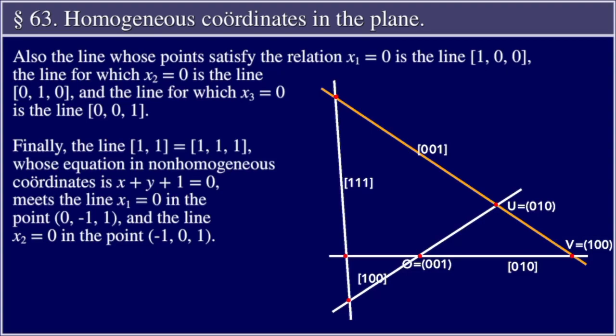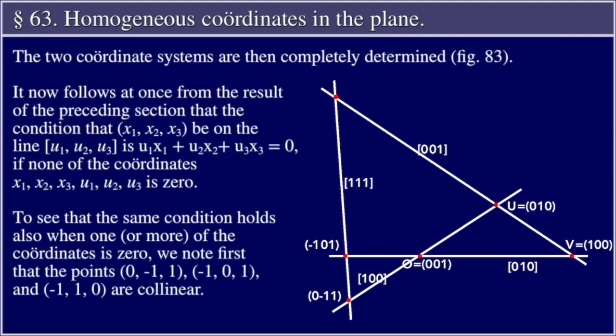Finally, the line 1, 1 equal to 1, 1, 1, whose equation in non-homogeneous coordinates is x plus y plus 1 equal to 0, meets the line x1 equals 0 in the point 0, negative 1, 1, and the line x2 equals 0 in the point negative 1, 0, 1. The two coordinate systems are then completely determined. Figure 83. It now follows at once from the result of the preceding section that the condition that x1, x2,